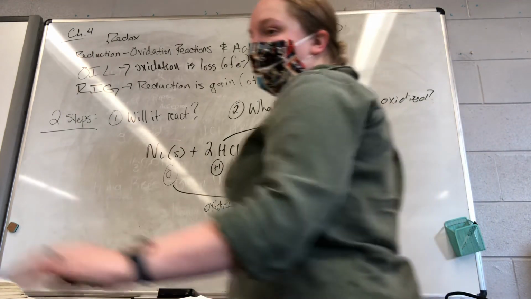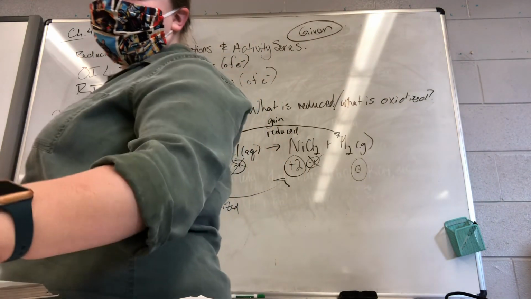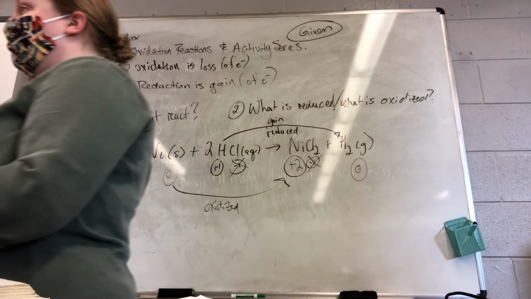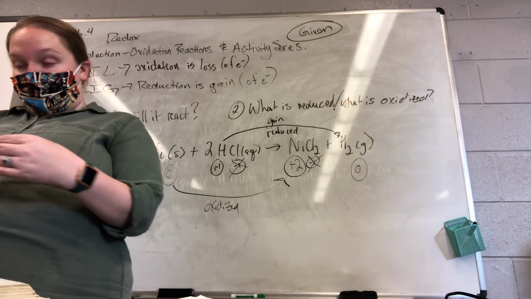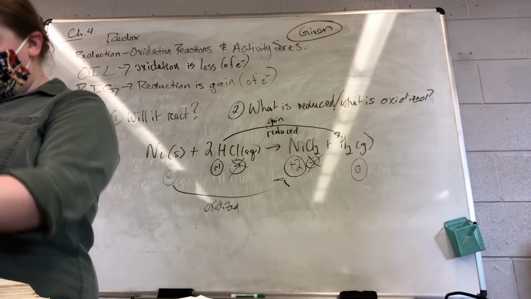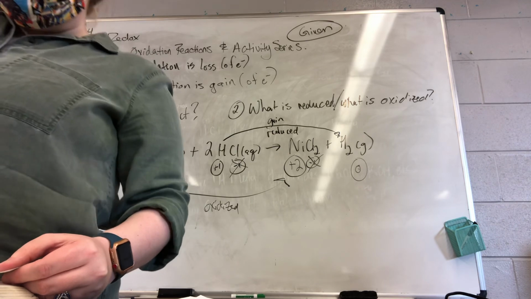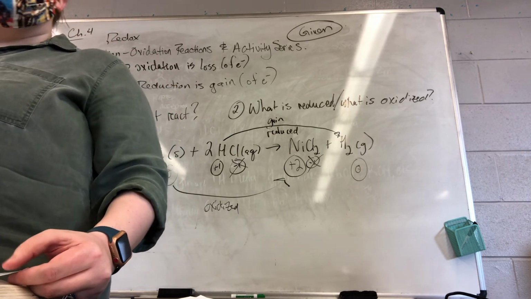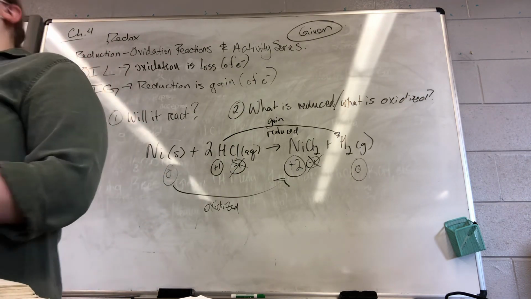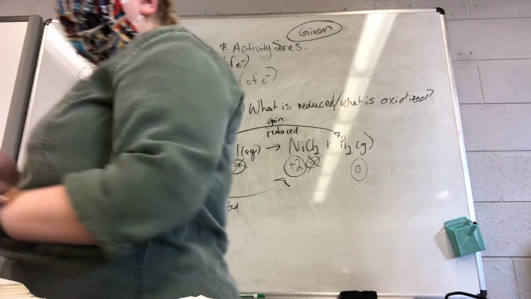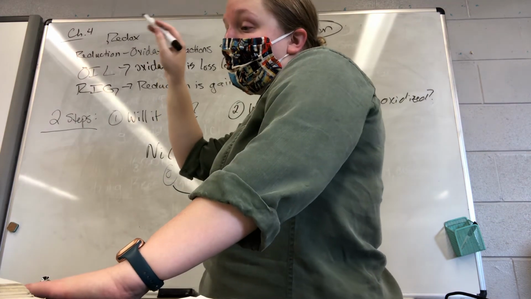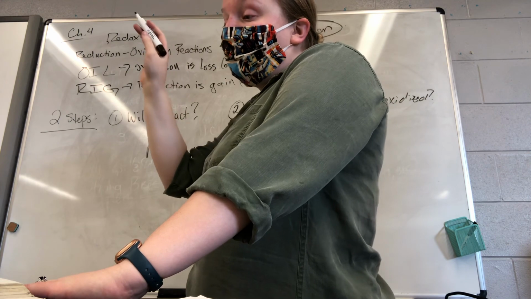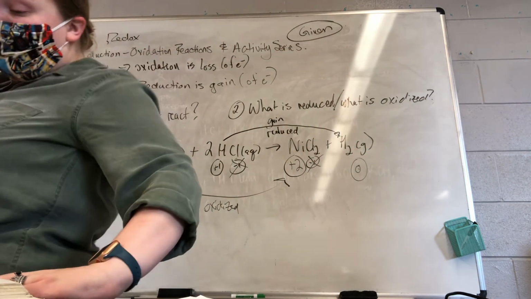All right, let's talk about the activity series. The activity series is that thing that starts with elements at the bottom, moving up towards the top. Lithium is at the very top. Gold is at the very bottom. The things on the bottom are not very easily reduced. The things at the top are easily reduced. So, in order to determine this, any metal on the list in its elemental form can be oxidized by elements